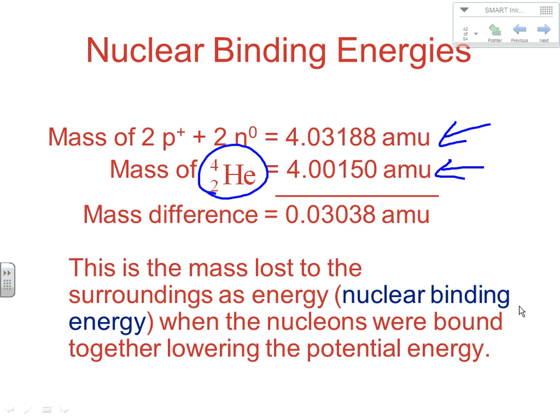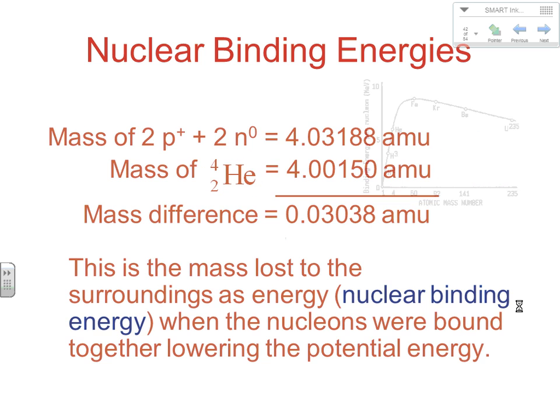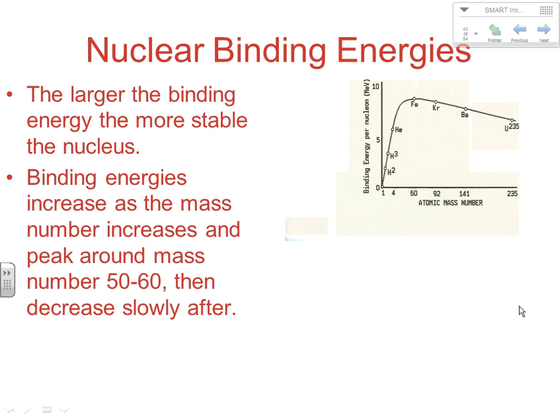That's the nuclear binding energy. So that's the mass lost to surroundings as energy when the nucleons were bound together, lowering the potential energy and making a more stable situation. So you could use that to actually calculate what that nuclear binding energy is. Now, the larger the binding energy, the more stable the nucleus. And binding energies increase as the mass number increases, and then they peak around 50 to 60, and then they